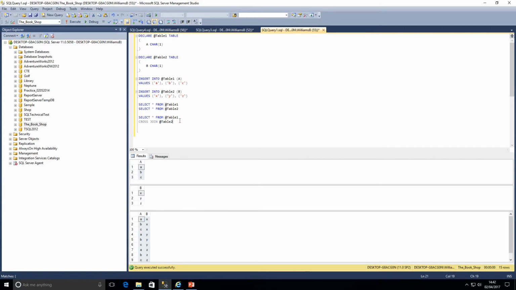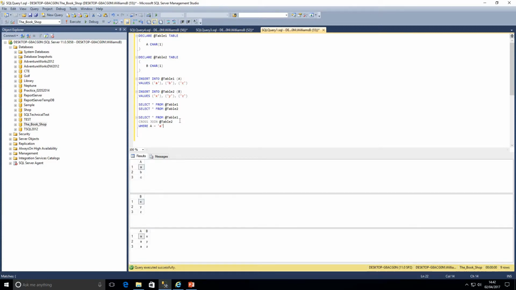Now, what we can do with cross joins is add in a where clause. So I could write under this where we'll do A equals our letter A. Now when we run this, we're only going to be taking the results where it's A. So we're going to multiply one row by 3 rows and we should end up with 3 rows in our results grid. And as we can see in our third result set, we've got A against X, A against Y